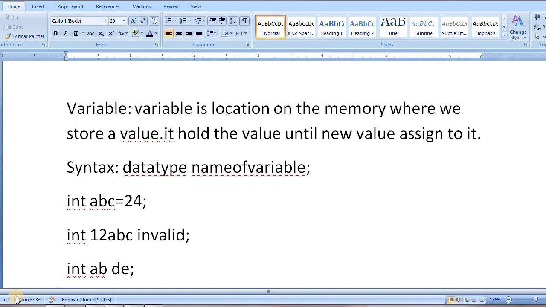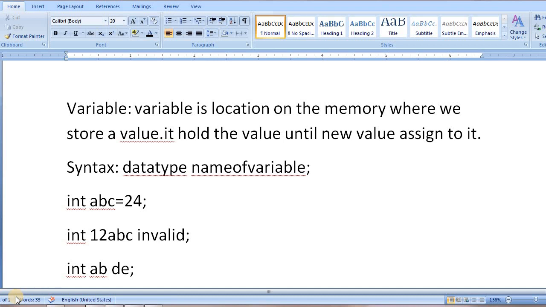Second, we cannot leave a blank space. We cannot leave a blank space inside it. Clear? Our third rule is we cannot use special symbols like plus, minus, semicolon, colon, except dollar and underscore. Means dollar and underscore we are able to use. Next rule is we cannot use special words, means reserved words. And next rule is uppercase and lowercase have different meanings. Means if you give the name to the variable like ABC in small and ABC in capital, both have different meanings. Now our next topic for today is constants and literals.